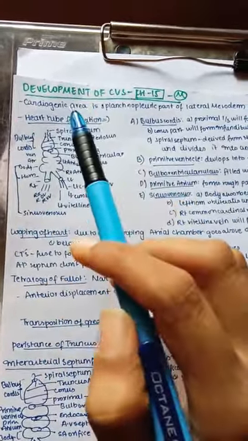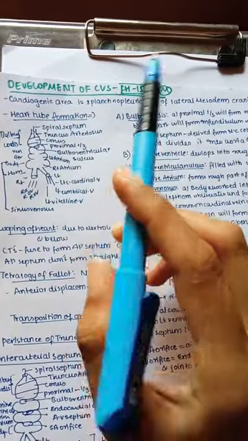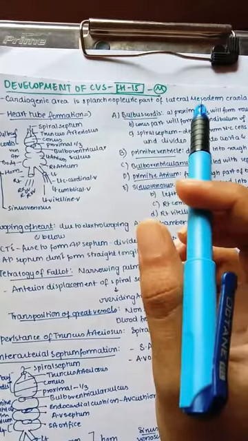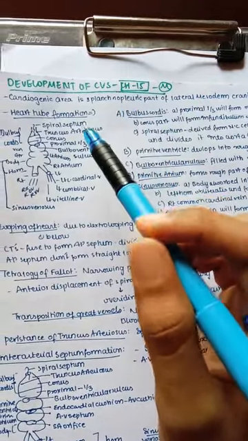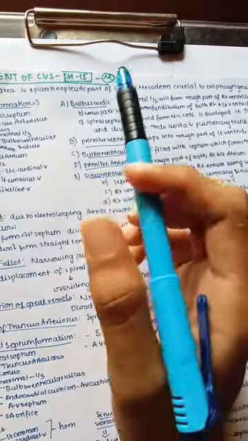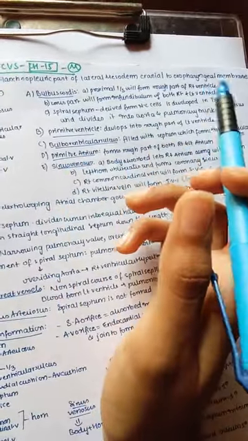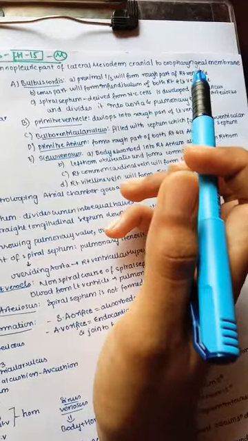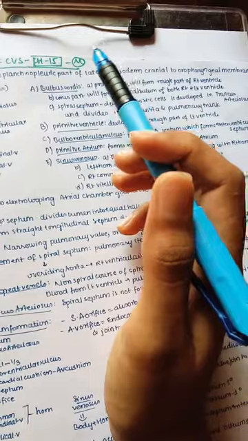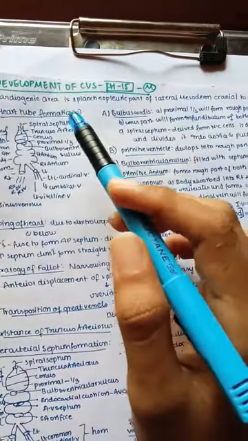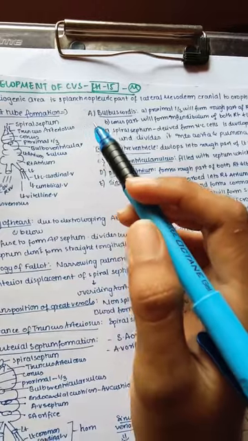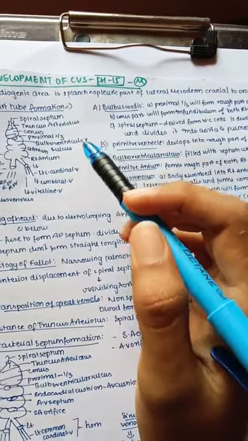The cardiogenic area is actually derived from the splanchnopleuric part of our lateral plate mesoderm. We know our lateral plate mesoderm is divided into a somatic layer and a splanchnopleuric layer. That splanchnopleuric layer gives rise to the cardiogenic area, which is mainly cranial to the oropharyngeal membrane. The oropharyngeal membrane is also called the buccopharyngeal membrane. So first we have this cardiogenic area cranial to the membrane. Later, because of lateral folding, the cardiogenic area reaches the correct position so that the heart forms.